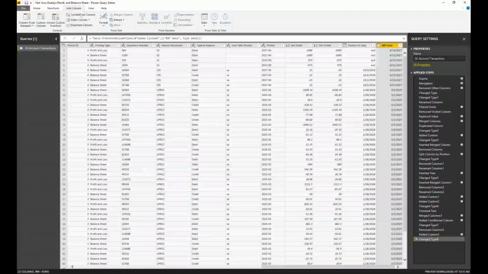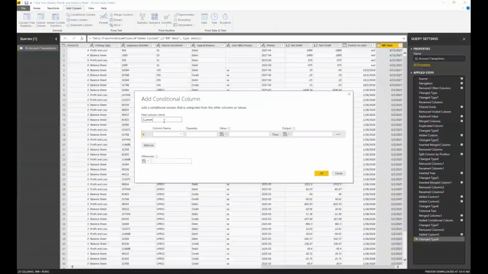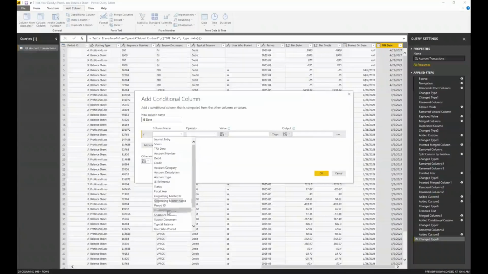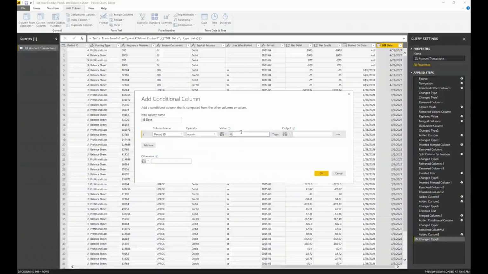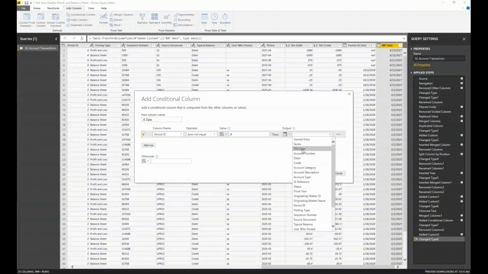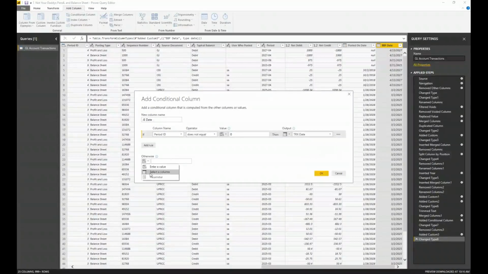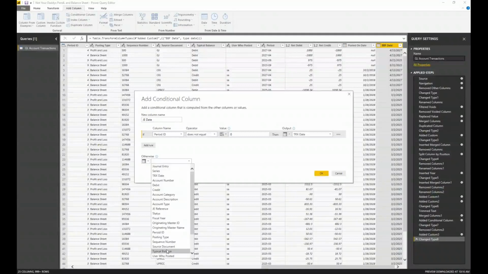So what I'm going to do here is do a conditional column again, and we'll call this one journal entry date. And we're going to say if, now we could do this one of two ways. We could do source document equal to BBF, or we could do period ID is equal to 0. And if it is, let me say not equal, it does not equal 0, because that way it should run a little faster because it'll stop at that point. There are going to be more transactions that are not period 0. So I'm going to select a particular column, and the column I'll select will be transaction date. And if it is period 0, I'm going to select the column called BBF date, and I'll click OK.